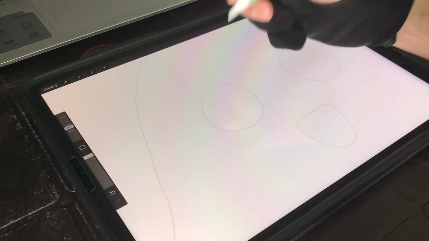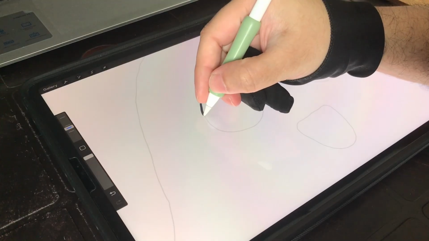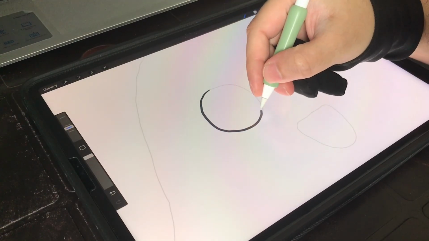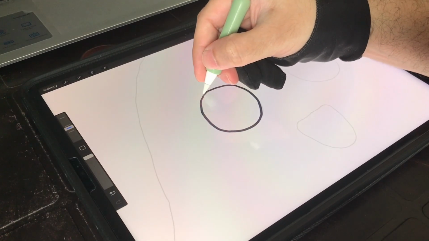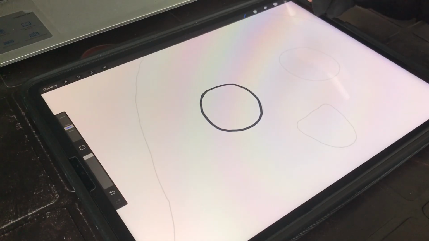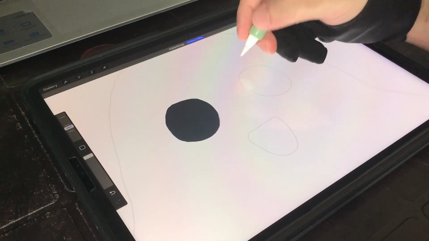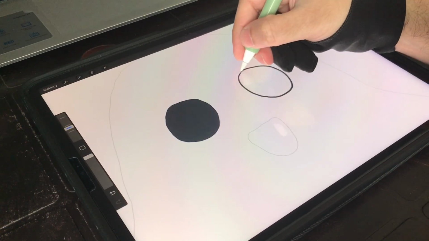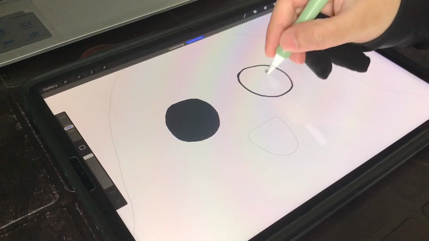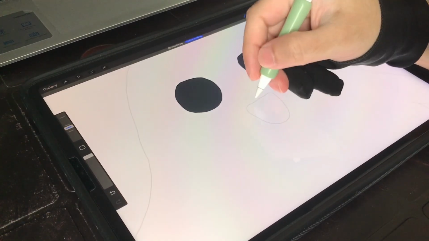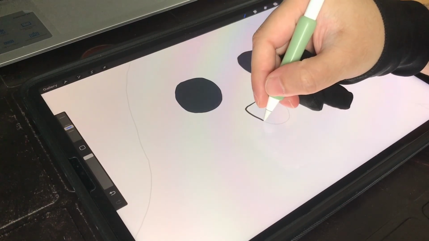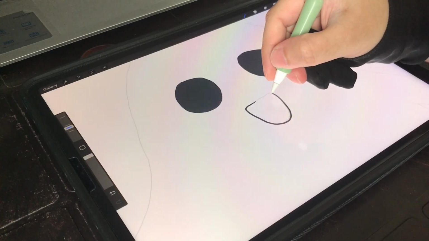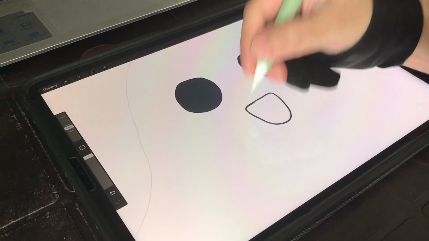So the first thing I'm going to do is draw this circular looking, misshaped eye. It's not a perfect circle, but you get the idea. I'm going to fill in the eye and then draw another circle. Man, these eyes don't really have to be circular. I mean, you can make it any shape you want. And then for this mouth over here, I just figured I'd draw it like this, kind of as if the